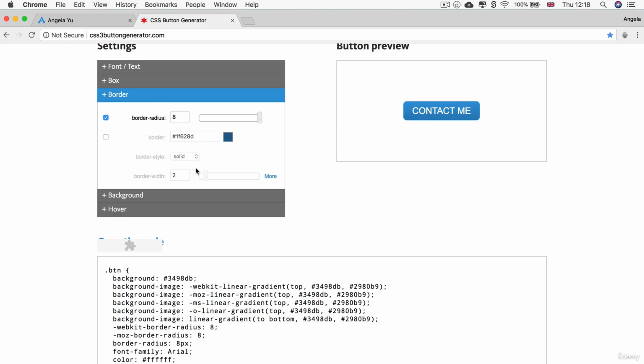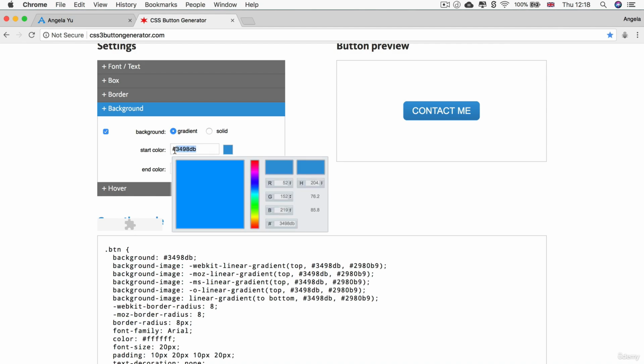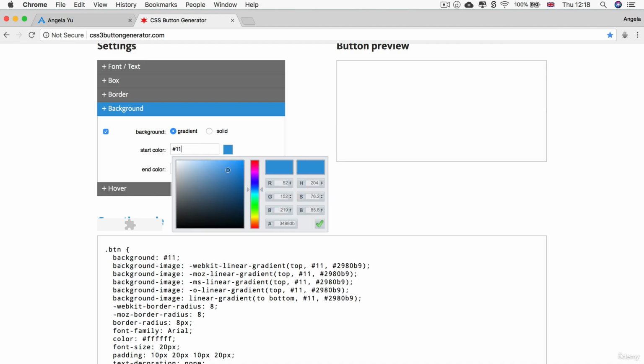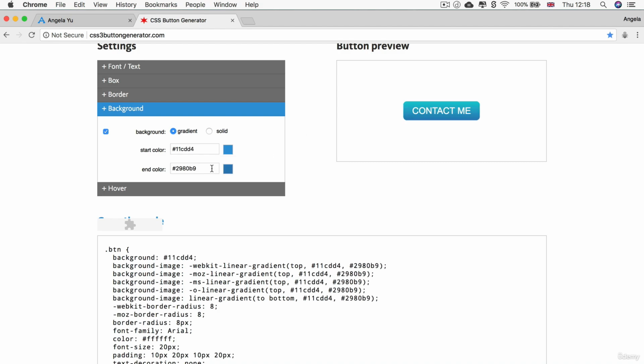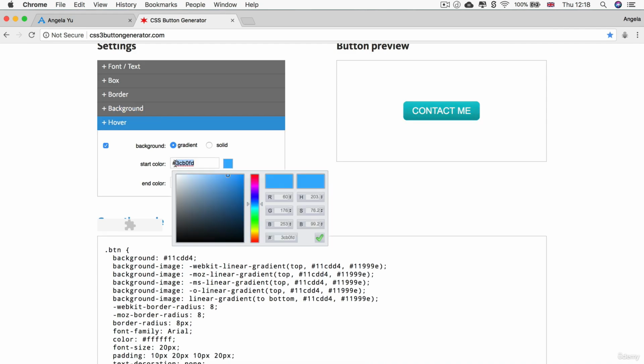And it's not going to have a border, but it is going to have a gradient background. The starting color for our gradient is going to be 11CDD4, and the end color is going to be 11999E. And for our hover or rollover state, we're going to start the gradient at